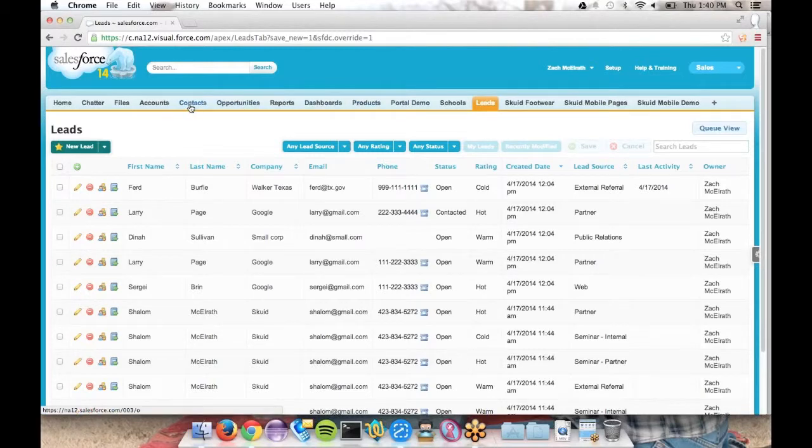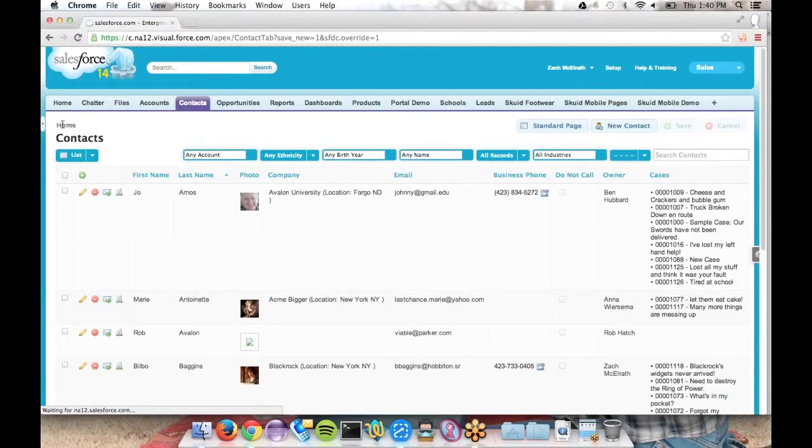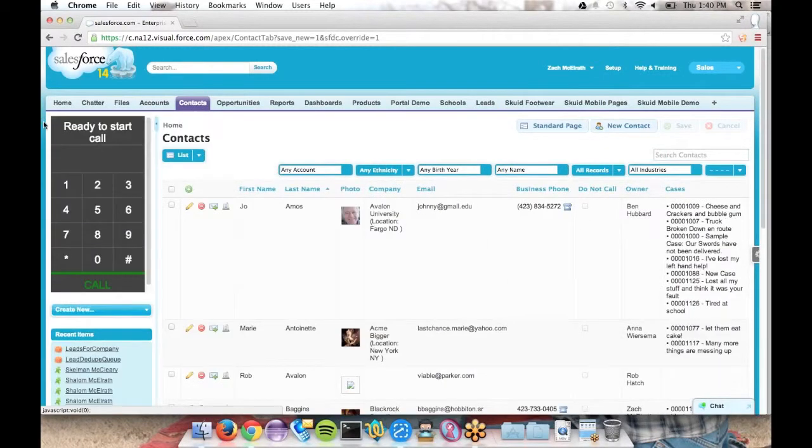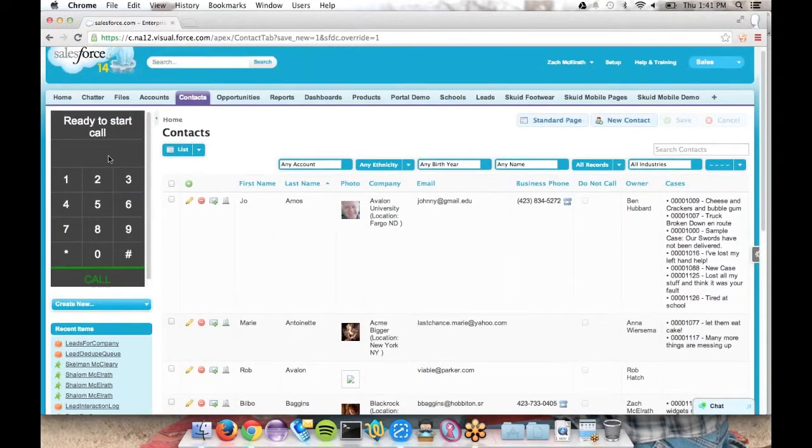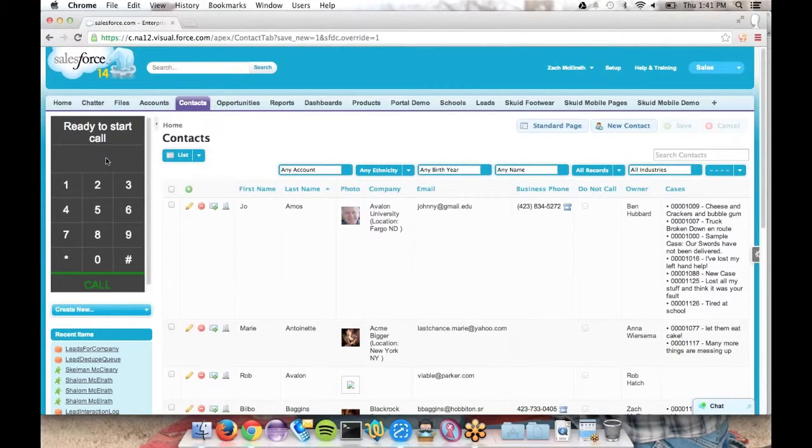I wonder if my contacts page has it enabled. Yeah, there we go. So if I pop open the collapsible sidebar in the standard UI, the softphone always shows up in this top left sidebar component. There really isn't anywhere else you can put it. So that's one benefit of the console, is that you get a better way to embed your softphone.